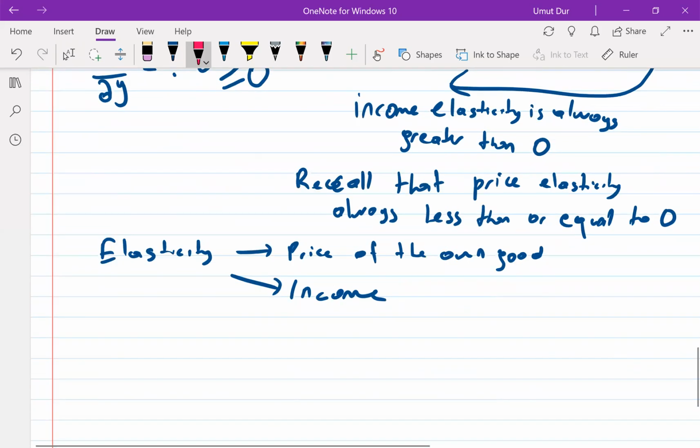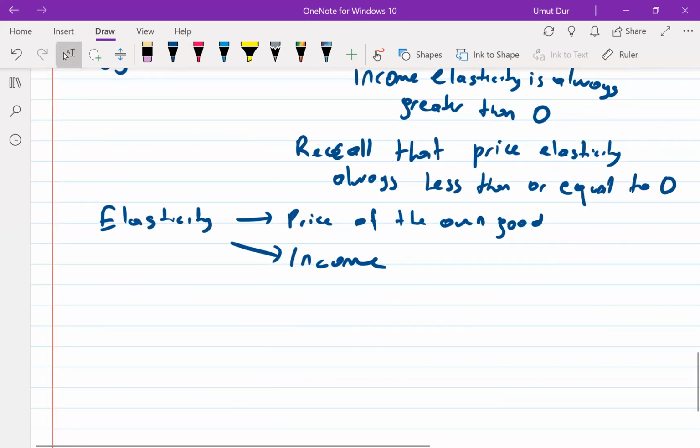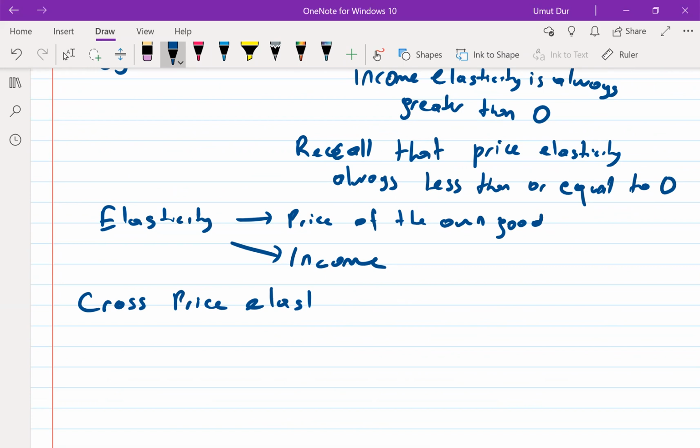Next we will be looking at something that we call cross price elasticity. What we mean is, if I rewrite the linear demand function,